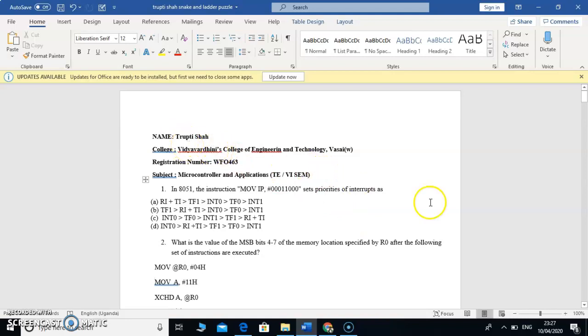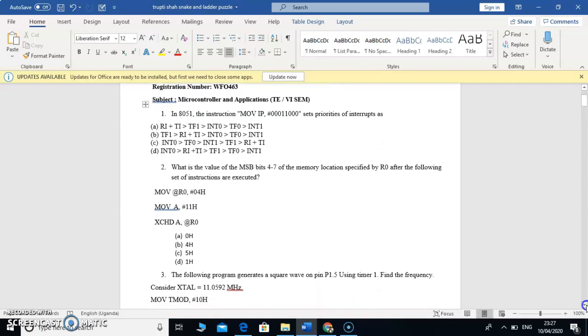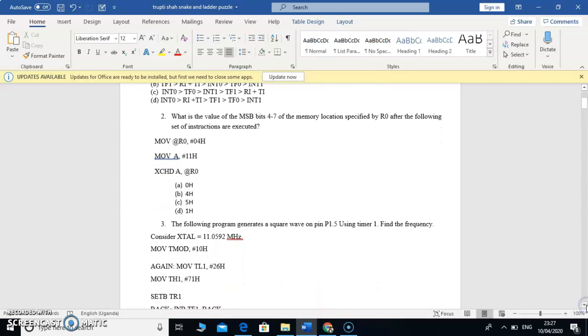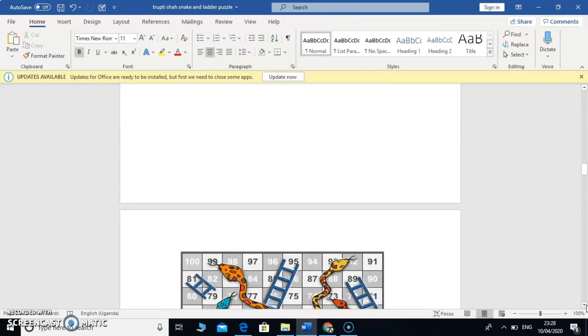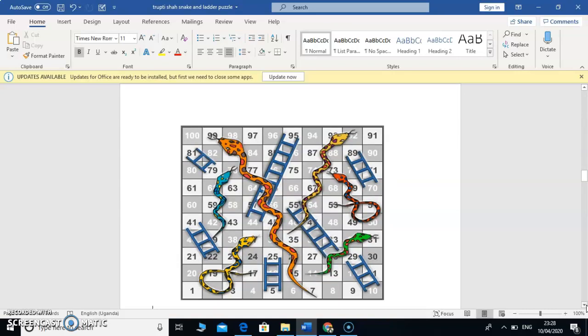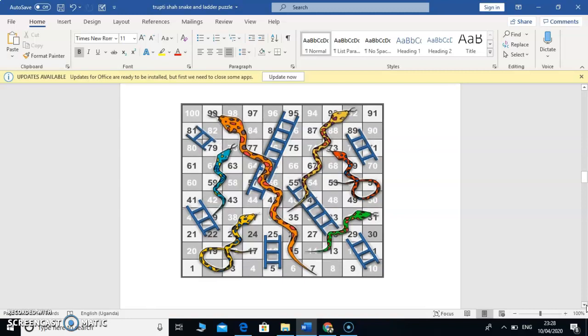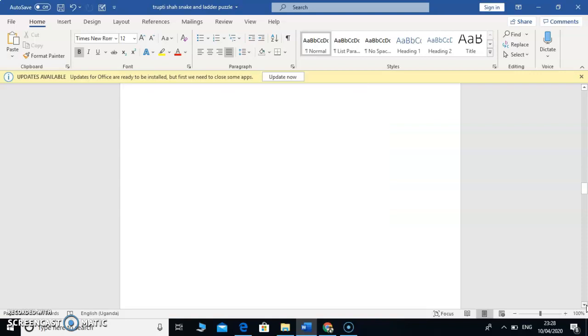So these are the questions, key COPO questions. 12 questions are there, already marked here. Before starting the puzzle, I selected one template of a snake and ladder game. This is my template, and before starting the puzzle we have to mark down the positions of ladders and snakes on the template, and then I marked